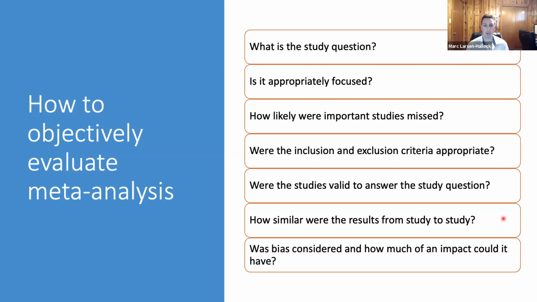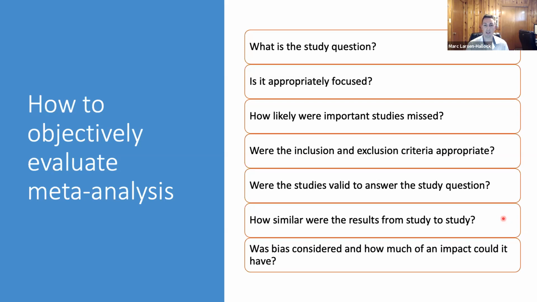The next thing we have to do is figure out the data that's coming in. Was the inclusion and exclusion criteria appropriate? And I'll talk a lot more about this later, but this is probably one of the most important things about looking at these studies, because we make sure we have proper information going into the study to begin with. And then